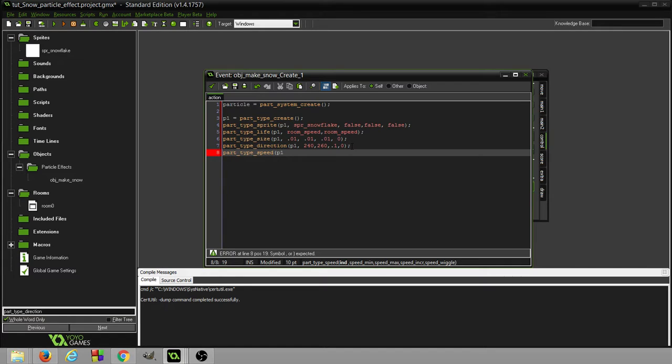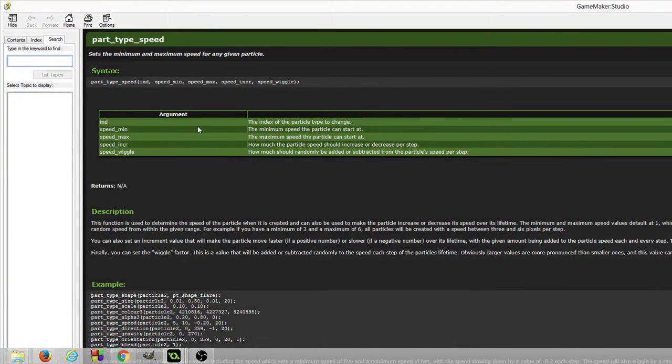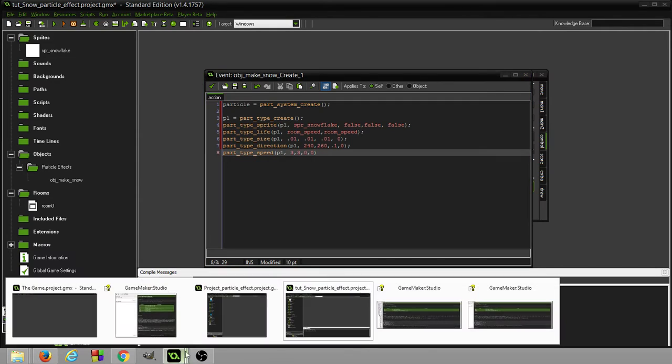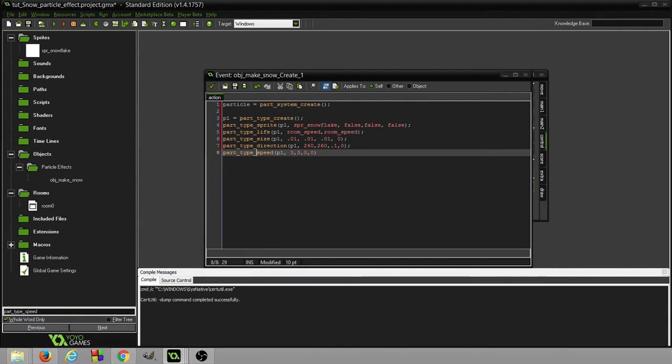P1, remember we have to assign it. Let's open this up to show it. So the minimum speed the particle can start at, and we want it to remain the same. So 3 and 3. The max and the minimum are the same. How much do we want it to increase? Well, we don't want it to increase. We want it to stay the same speed. And then we want 0 for the last one as well, which I should show the wiggle and what that